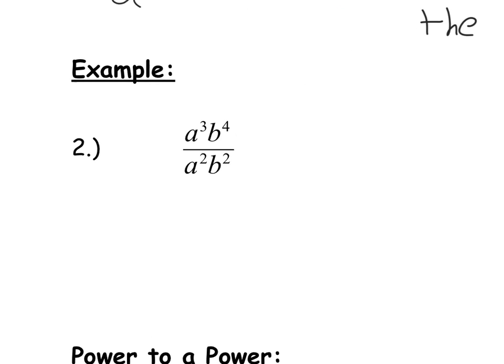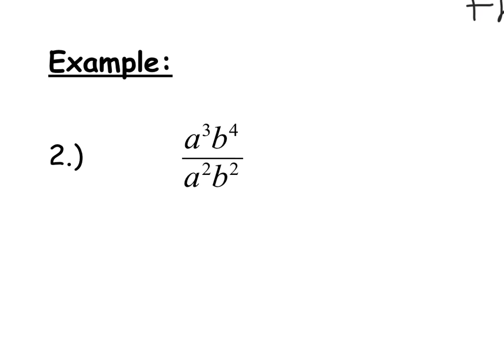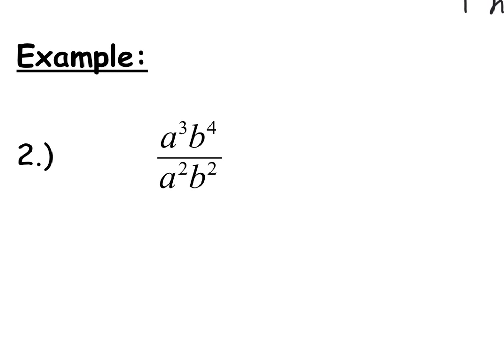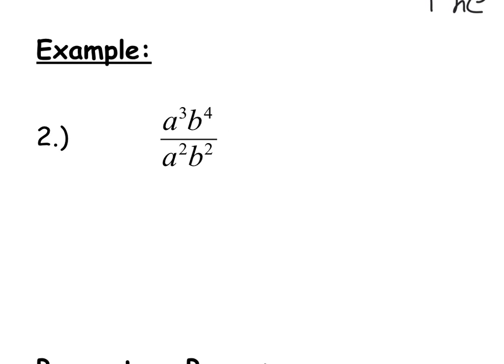Okay, so let's put this into a problem. All right, so we want to simplify this expression. We have a and we have b. Doesn't matter what a and b are, but we can simplify it. Okay, these are just variables. So doing the shortcut way, we are going to use a. So we have a base of a, and it's going to be